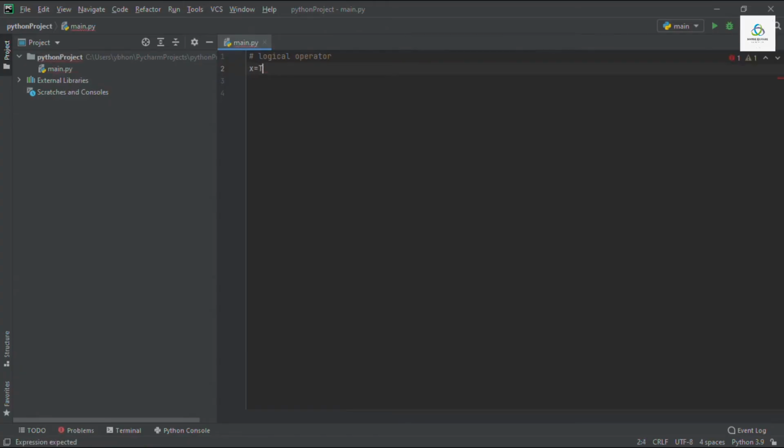Now I'm assigning true as a value to variable x and false to variable y. Now I'm going to print x and y equal to, x and y.